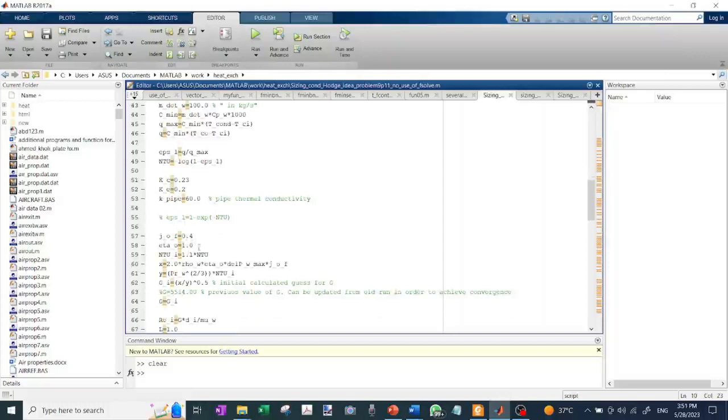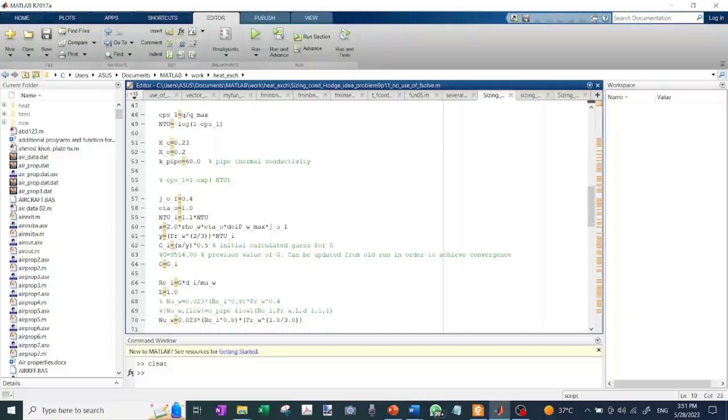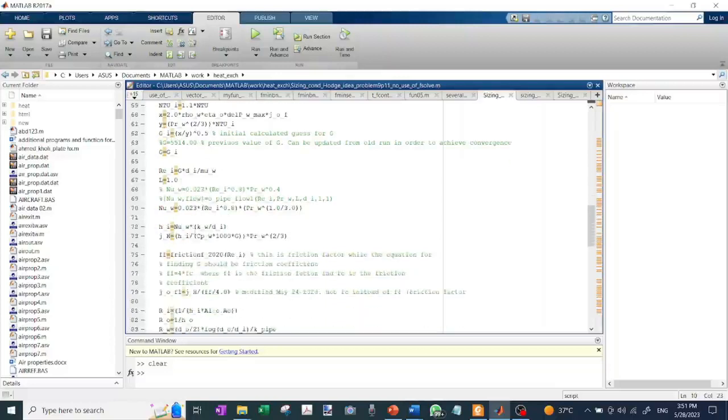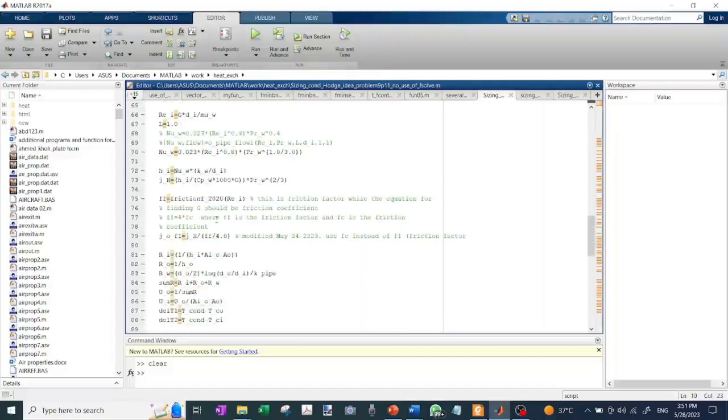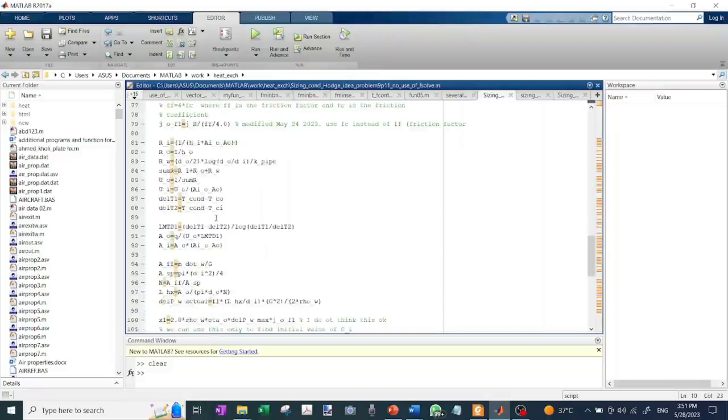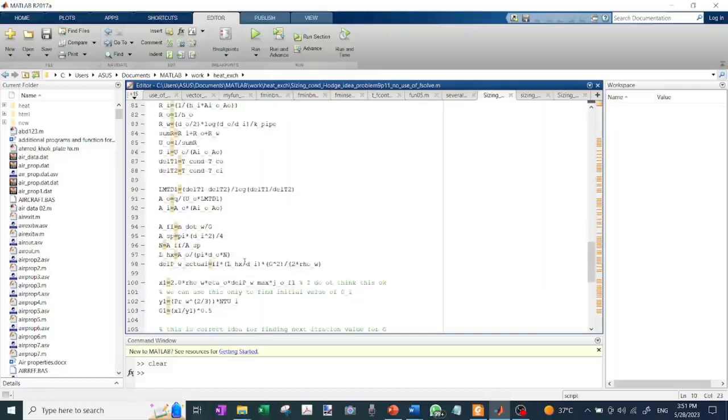We assume a certain value for the ratio of j divided by the friction coefficient, and we start with a first initial guess for G, and then we proceed with the Nusselt number and so forth until we get the length of the heat exchanger and how much is delta P actual, and compare it with delta P